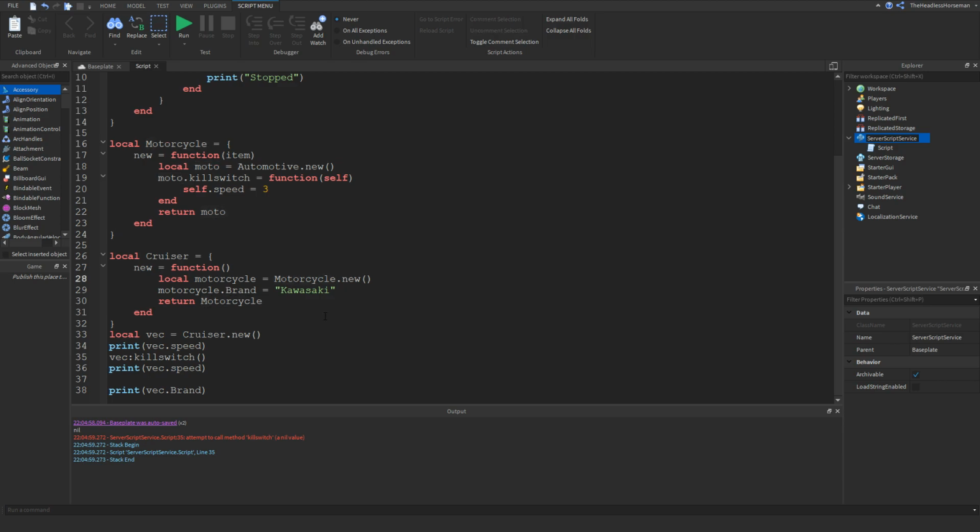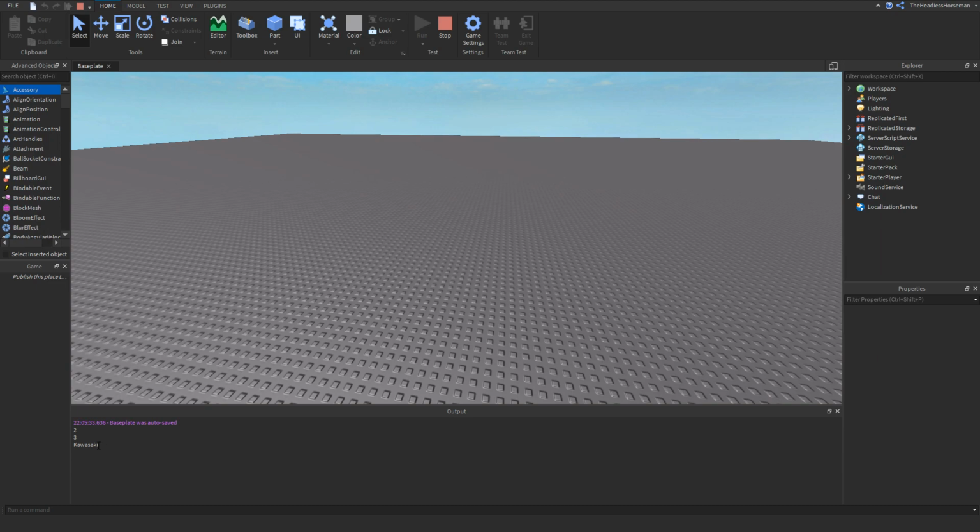Whoops, sorry. Right here, we wanted to return that. I messed up the variable names. So see, we still got the kill switch method that prints the 3, but we also have the brand property